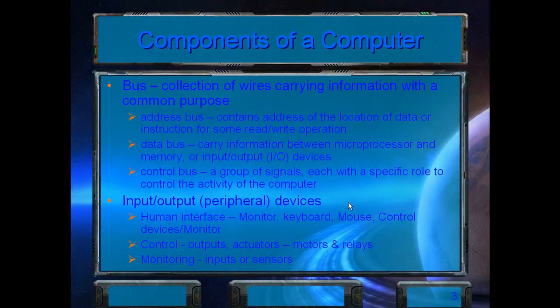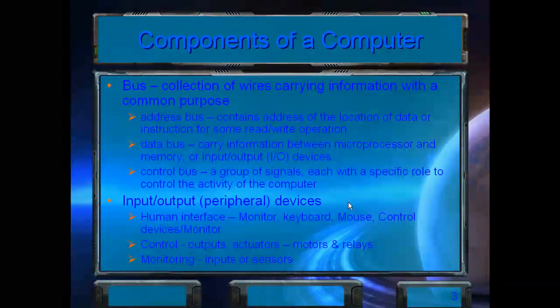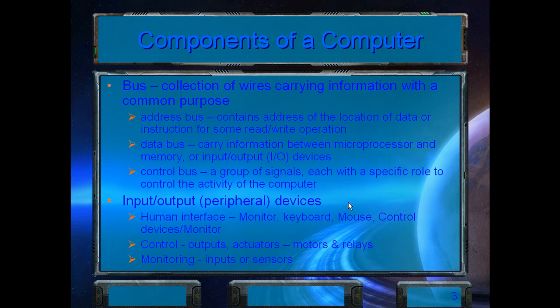The third component is buses. Buses are a collection of wires carrying information with a common purpose. There are three major types of buses. 1. Address bus, which contains address of the location of data or instruction. 2. Data bus, which carries information between microprocessor and memory, or input-output devices. 3. Control bus, which are a group of signals, each with a specific role to control the activity of the